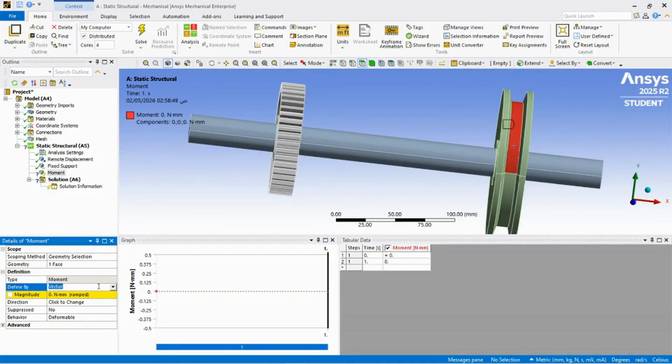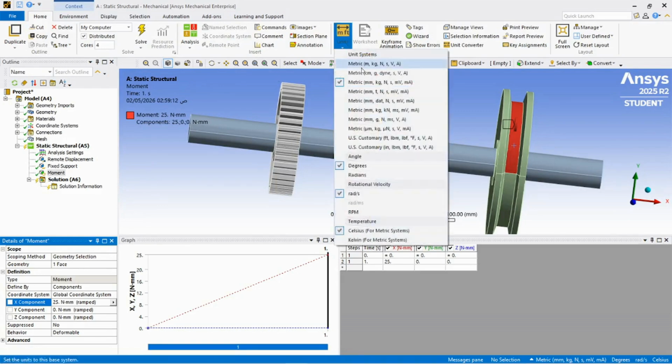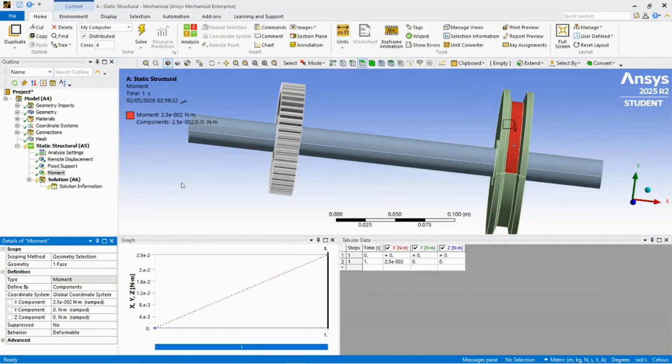So moment we can apply in two methods. I'm selecting components, and in the X component, I'm applying 25 Newton meter. Oh no, I want it in Newton meter, not in Newton millimeter.